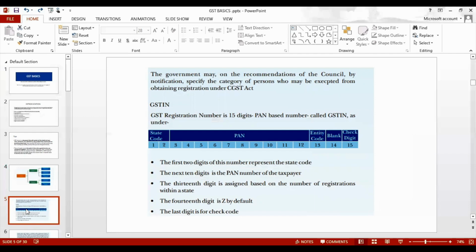From the government, we get a 15-digit unique number for our company. What does the 15-digit number represent? The first two digits are the place of registration. It indicates the state, and the next 10 digits